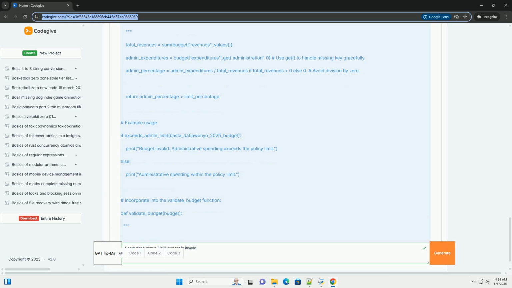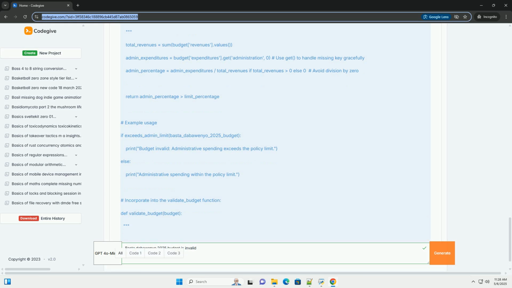Clear error messages: each validation rule provides a specific error message. Modular design: the validation rules are implemented as separate functions, making the code more maintainable and extensible. Data type conversion: the code converts the data to the correct type, to avoid any errors.